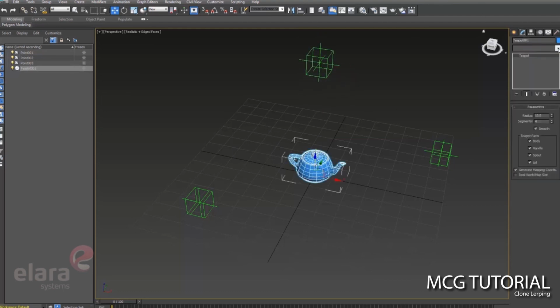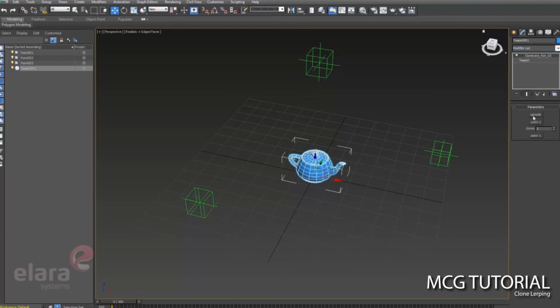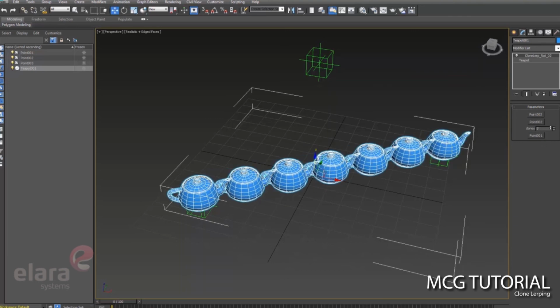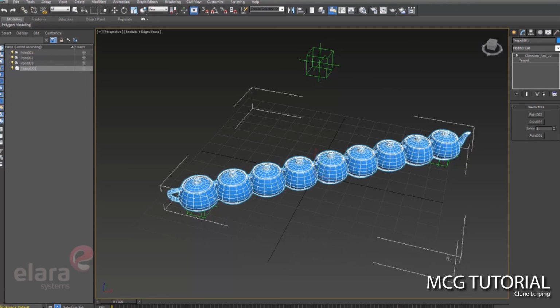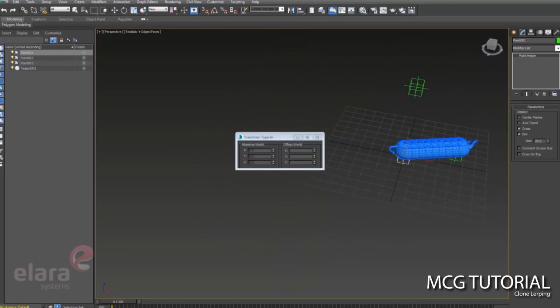And then on our teapot, we can place that modifier. It shows up now in the modifier list. We'll pick our up node. We'll call that point 2, and this one point 1. And there we go. Got a bunch of clones in the viewport. And as you can see, if we rotate this around, they're always pointing at that first node.